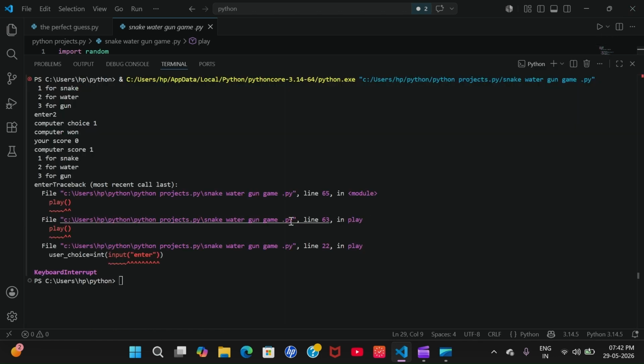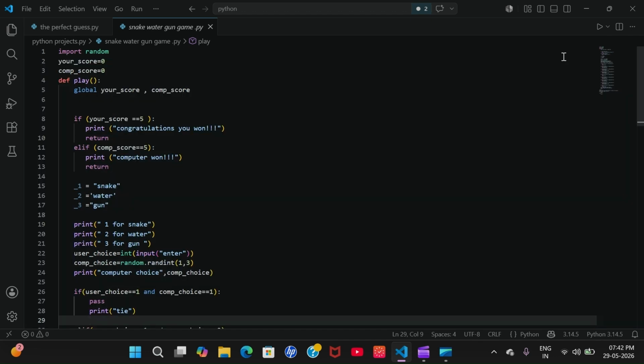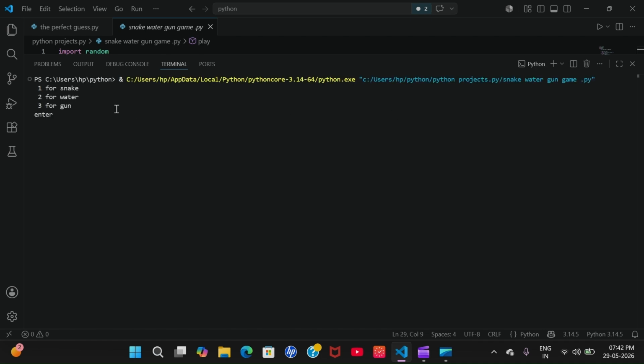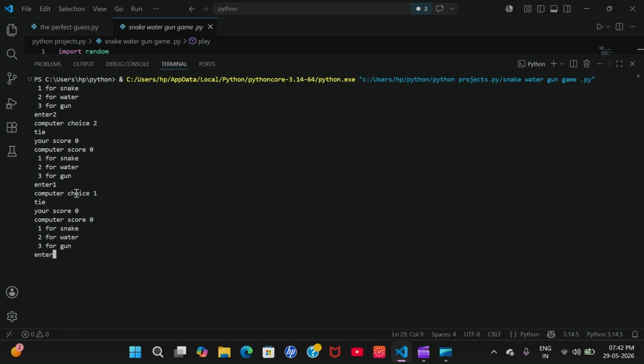See, let's play again. Okay, I'm entering 2. My score is 0 and the computer score is 0. Now I am entering 1. My score is 0 and the computer score is also 0.